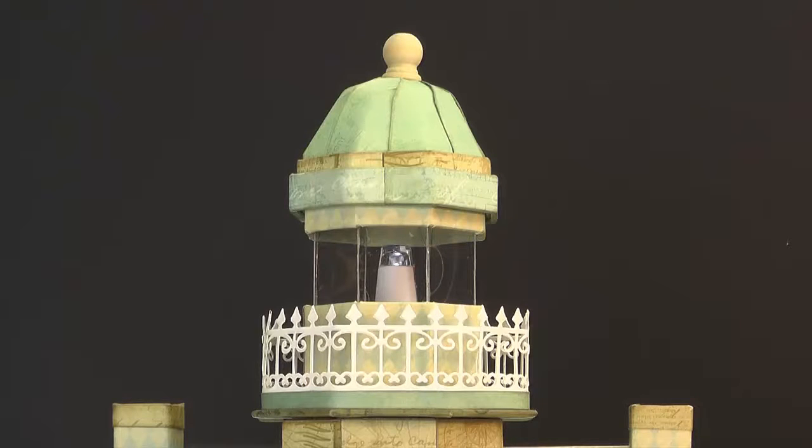And now we've come up to the top to see a close-up view of the light. Now, the first thing you can notice is the fence or railing that's surrounding the light structure. And as I said before, it's made from that same die that we used around the base of the structure. And then behind the railing is the